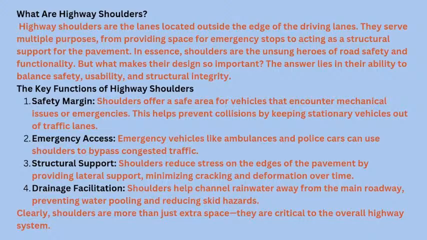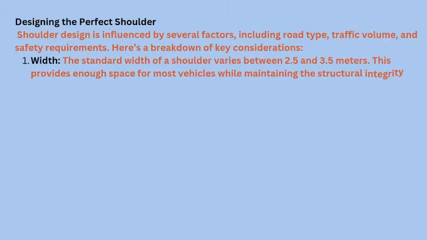Here's a breakdown of key elements. 1. Width. The standard width of a shoulder varies between 2.5 and 3 meters. This provides enough space for most vehicles while maintaining the structural integrity of the pavement. 2. Surface type. Shoulders can be paved or unpaved. Paved shoulders are smoother, safer, and more durable, but come at a higher cost. Shoulders made of gravel or compacted soil are more economical but